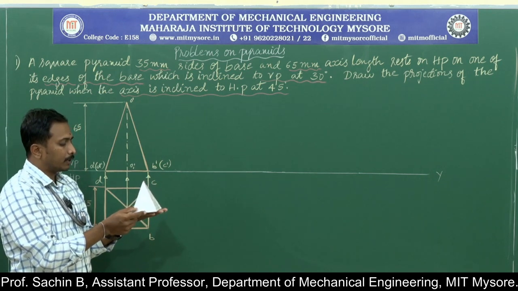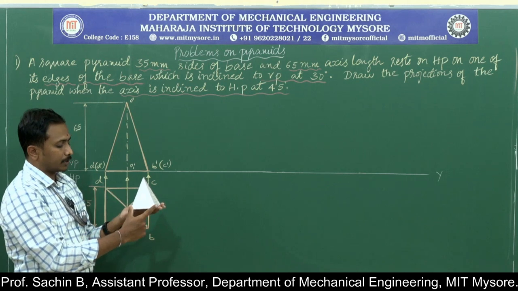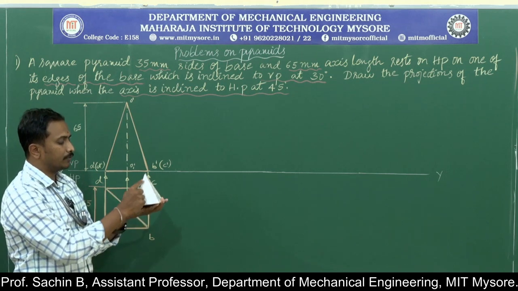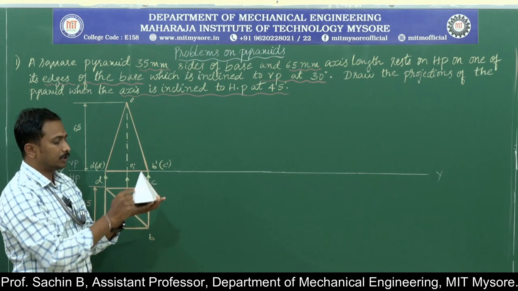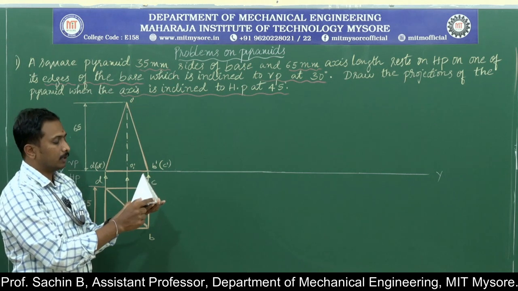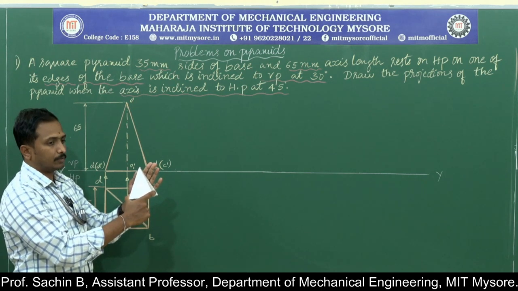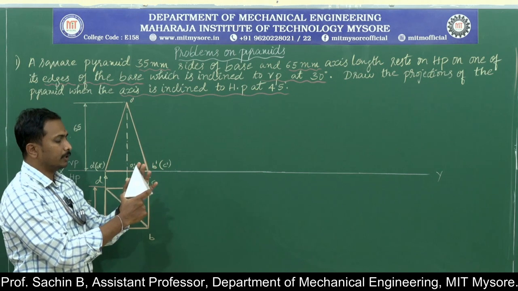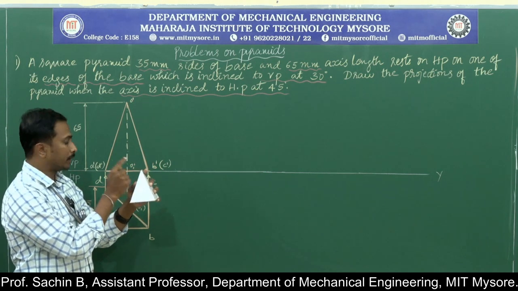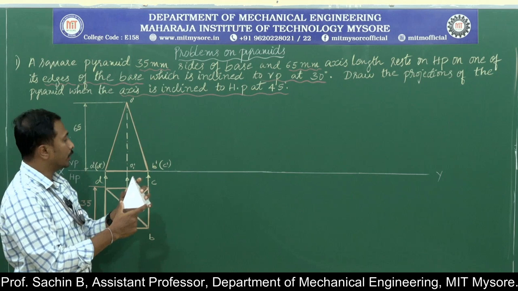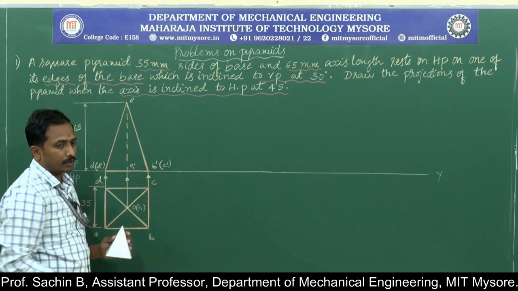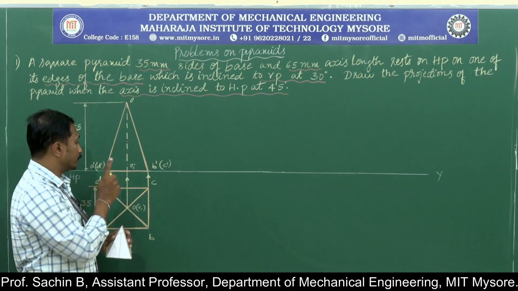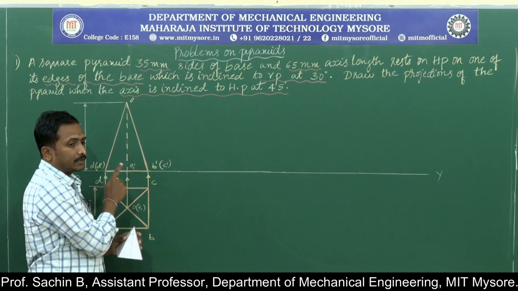When it comes to that particular thing, they are viewing the object. Only this particular face is clearly visible for the observer. This face is clearly visible, and this face will not be visible because it is opposite to the ABO, what I have written over here. Based on that, I have written the front view of the object. Here you need to consider the axis length.